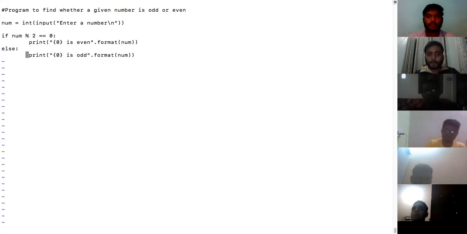By the way, why did you ask me to enter 10? So actually it is divisible by 2, but the remainder is not 0. Which one? So 10, sir, divided by 2, it gives 5, right? But remainder is 0 only, no? Why is it not 0? Remainder is 0 only, no?